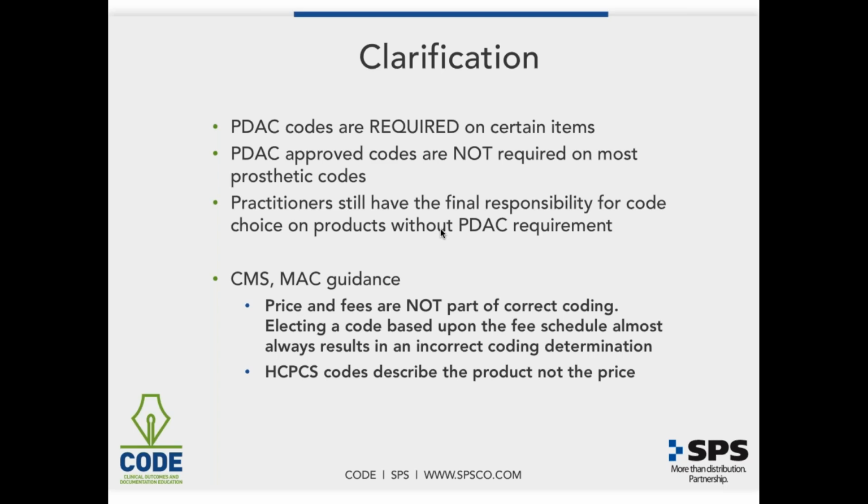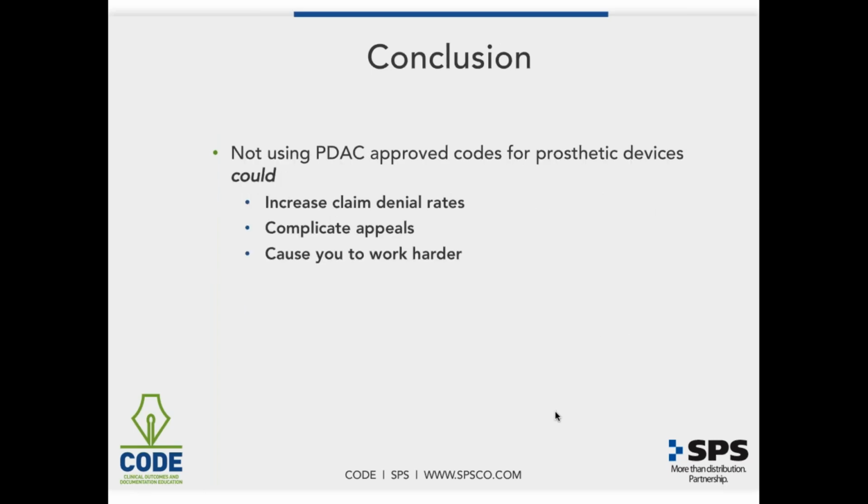We have to look at that item, decide what code fits the item, and then look at the reimbursement and make a business decision. And those are two different things. A business decision versus a coding decision should be two different things, right? And then, of course, they go on to say there the HCPCS codes describe the product, not the price. The price shouldn't come into it. It has to, for most of us who have small businesses, it has to be part of it. But again, it should be a separate